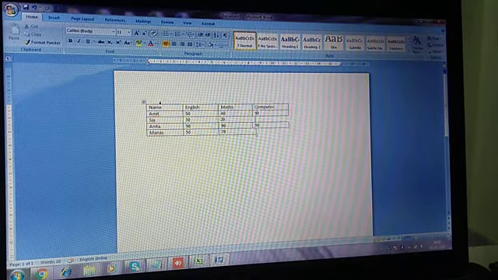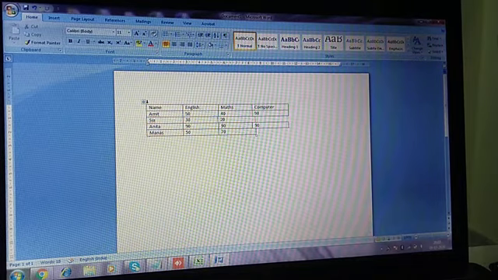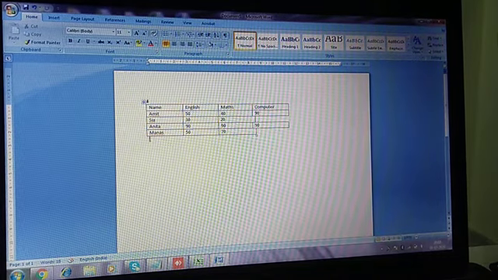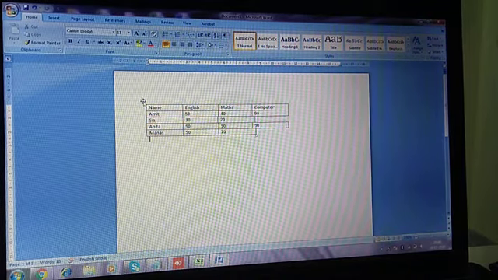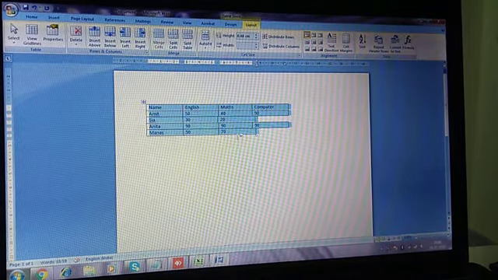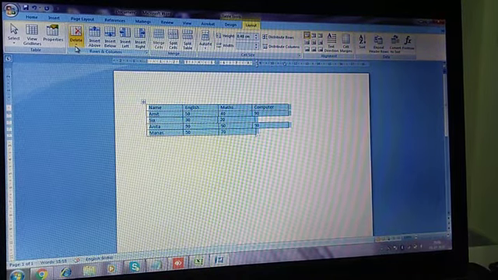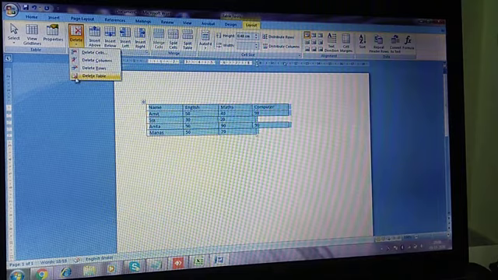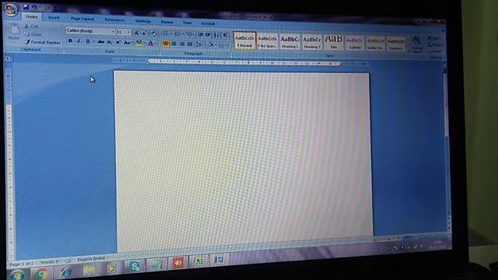For selecting the table, at the left top corner you can see a plus sign. You just have to go there and click once. See, your entire table is selected. Now after selecting it, again we go to the Delete command and here delete table is there. So our entire table is deleted.